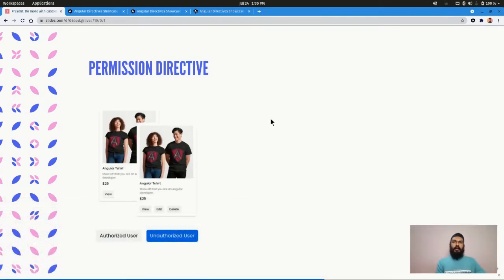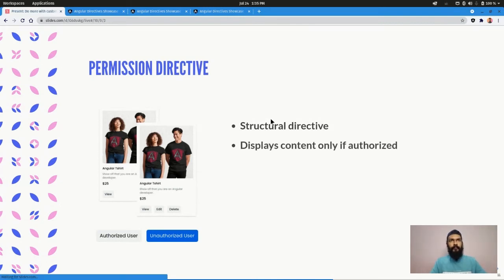So we have this card over here, and I'll show the example here. In this case, we are going to use structural directives. The other two directives that we have seen so far were attribute directives. And how do these two differ? When you look at a structural directive, you have that asterisk in front, like we have for ngIf and ngFor. So same thing, we are going to build something very similar to a custom ngIf, because it checks some conditions, and then based on that only we'll render the component. So we display the content only if the user is authorized.